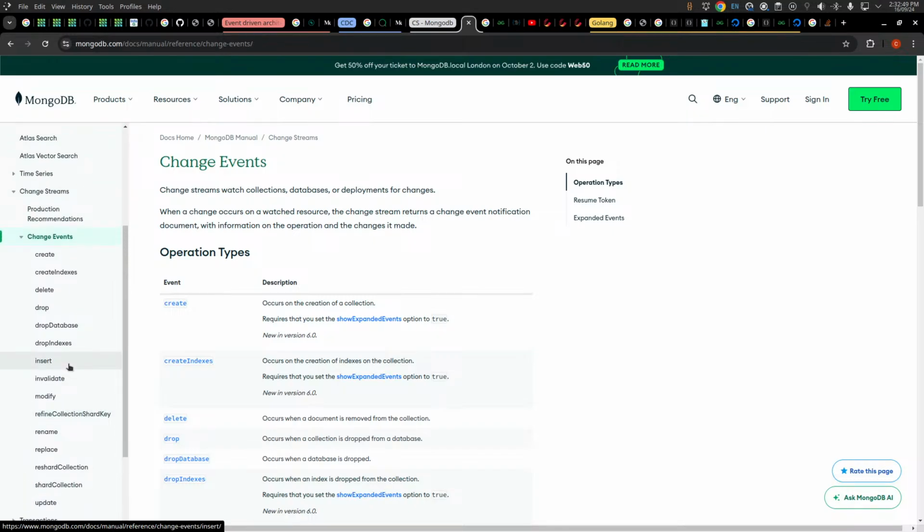Oh yeah, I need to pick very selective change streams, right? I just want to create index, which shouldn't really do anything on our end. Delete, yep, drop. Let's see what happens when drop happens, right? Drop indexes, okay. Insert,